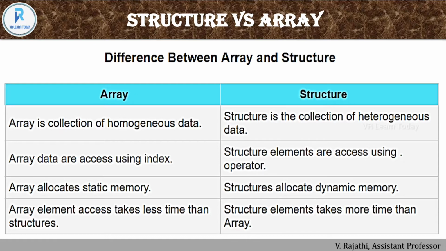If I want multiple data types, I have to go for a structure. In a structure, I can get multiple values with different data types. In an array, we can get many values or variables, but only of the same data type. If I declare int a of 10, I can get 10 values or 100 values, but the type is only integer. The same way, float a of 20 means I can get 20 values, but the 20 values must be floats.